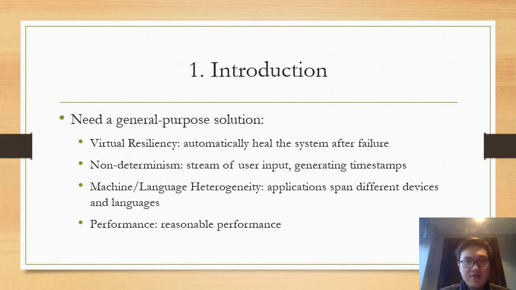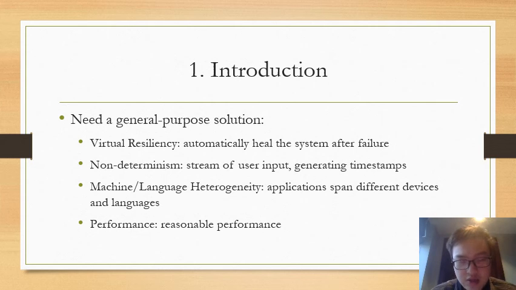And the second feature is non-determinism, which means that the distributed system can deal with non-determinism, including streams of user input and generating timestamps. These two inputs are non-deterministic because the distributed system cannot predict the user input at some time, or the timestamp can only be known when the input reaches